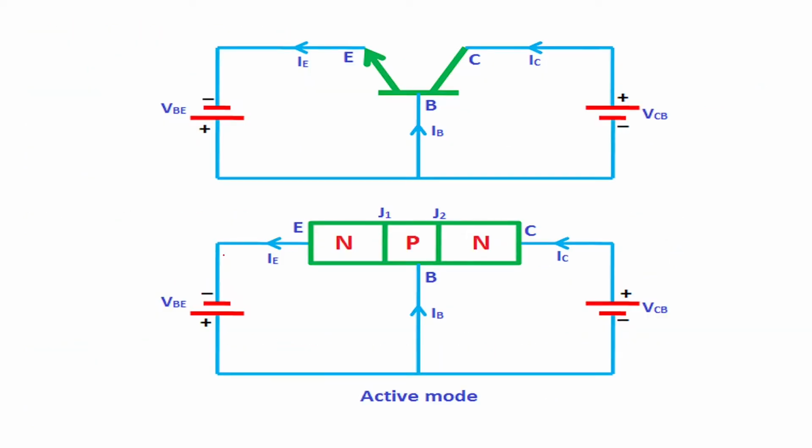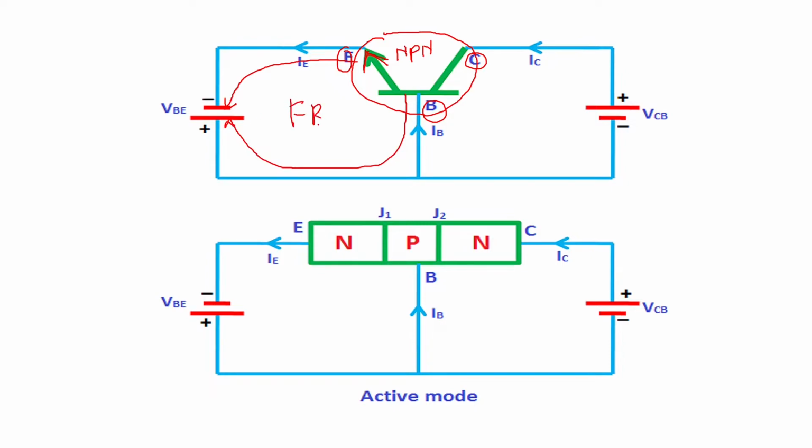Then we'll go to see one more circuit or configuration, common base, where you can see now here again you have your symbol of NPN transistor. Here you can identify this as an NPN transistor because this arrow is going away from the emitter. So this is your emitter, this is base, this is collector. And here you can see the N type of semiconductor of emitter is connected to the negative terminal, and P type of semiconductor of the base is connected to the positive terminal of the battery. So this connection is forward biased.